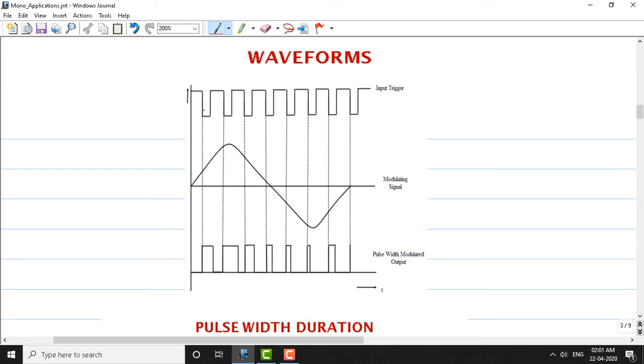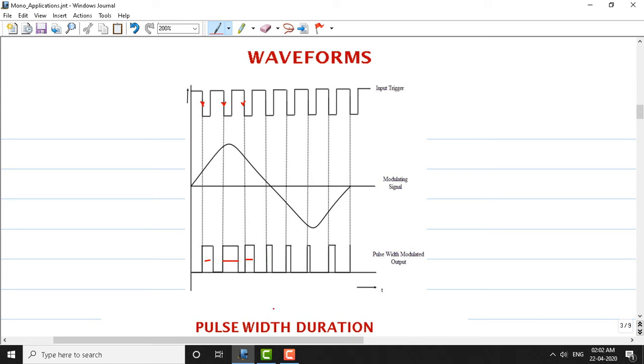The first waveform shows you the trigger pulses. The output is going to change at each negative trigger pulse, when it falls below 1/3 VCC. And now you can see we are applying the sinusoidal voltage at pin number 5. When the sinusoidal goes positive, we can see that the width of the pulse keeps increasing. It increases slowly; since it is rising slowly, the width is small. When it goes to the peak, the width is large. Again, the sinusoidal signal goes towards 0, the amplitude decreases, and when the amplitude decreases, the pulse width decreases. It's coming to zero, so it's a very small pulse.